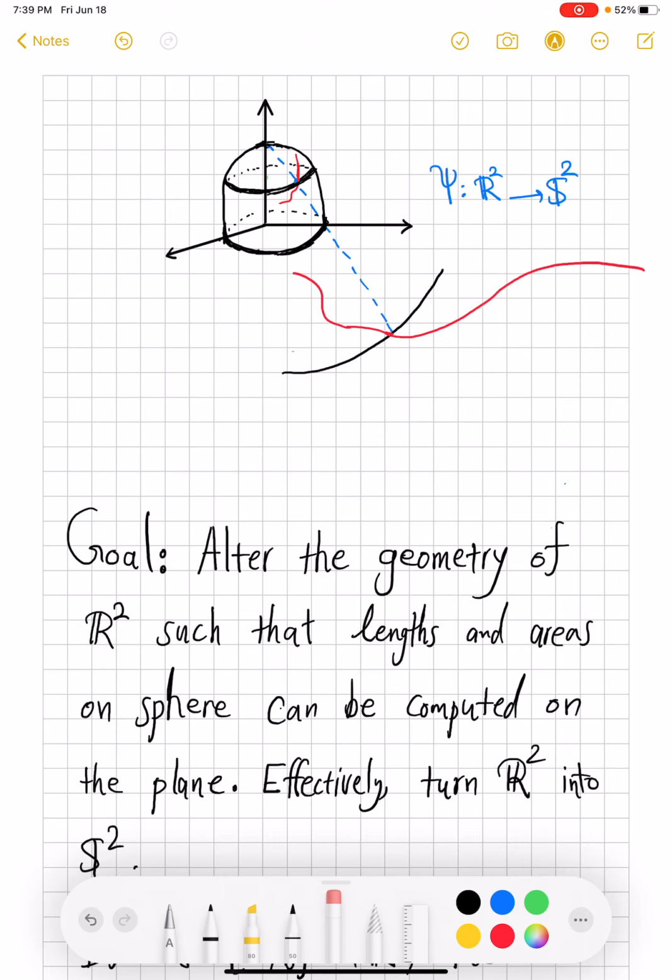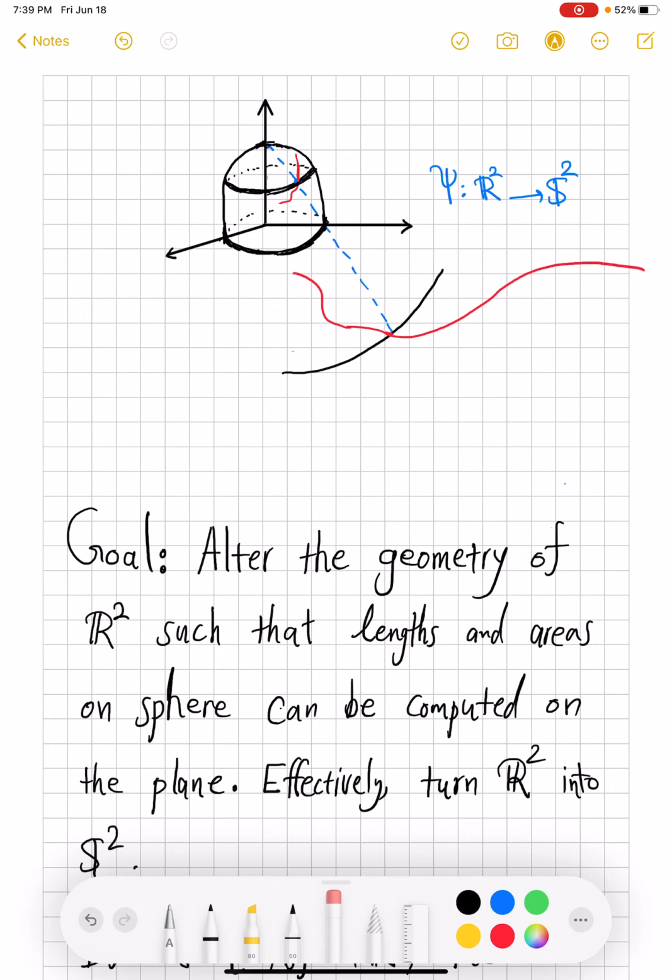Hello, today a very geometric and beautiful exercise. I have the stereographical projection from the North Pole onto the plane. I want to find a way to be able to compute the length of curves on the sphere by computing some similar quantity on the images of those curves on the plane, or the shadows of those curves on the